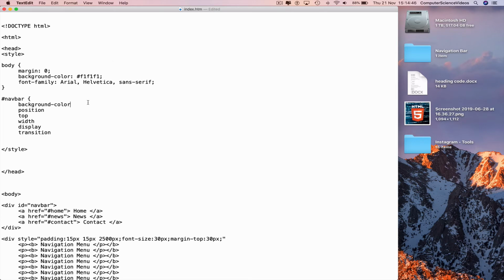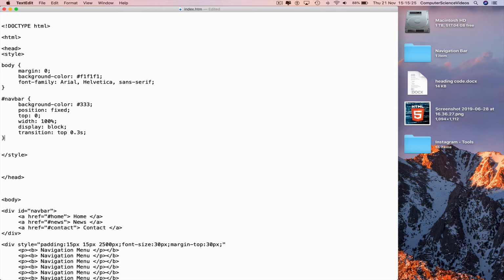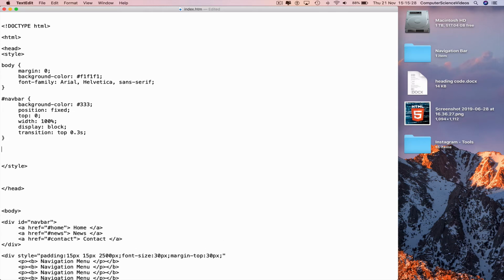Go back to the top again after background color, colon, highlight, copy and paste at the end of each word. Go back to background color again, hashtag 333. Position, fixed for a reason. Top, 0, semicolon, width, 100%, semicolon, display, block, semicolon, transition, top, 0.3s, semicolon, new line, curly brace, go to a new line again, hashtag navbar A,